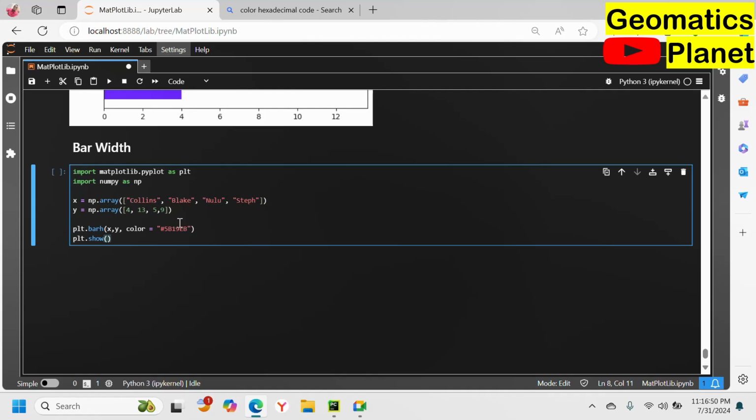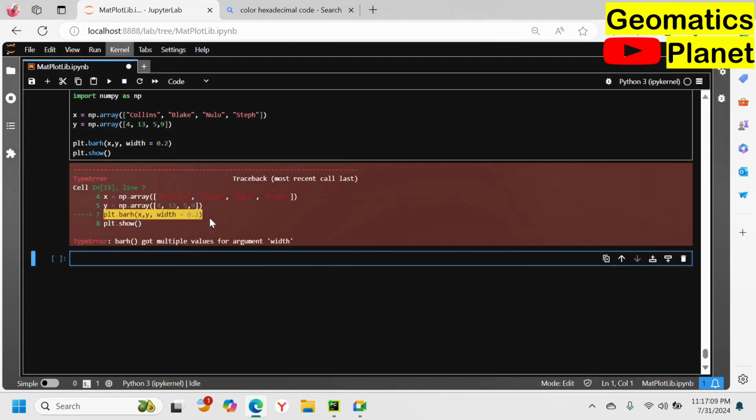Now what I mean by the color bar is what is the size. So in that way, I'm going to use what we call width. Now in width here, I am going to pass this into it, which I'm going to put like 0.2. Then when I run this, you're going to see the size of the color, that is width,